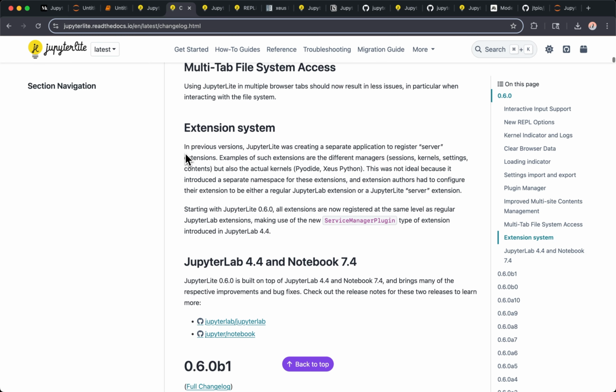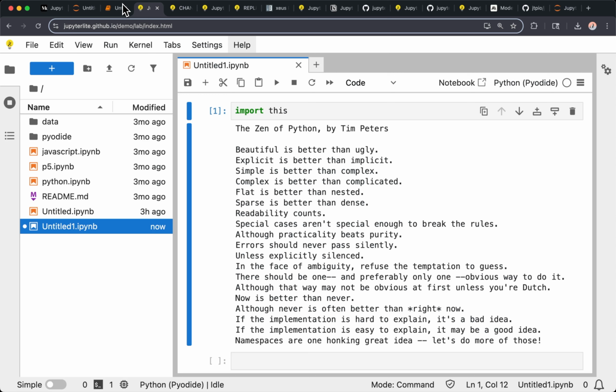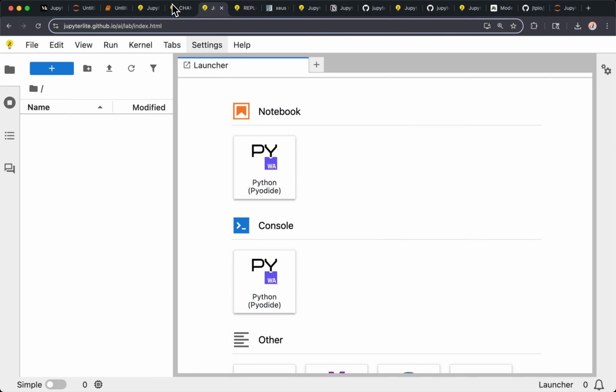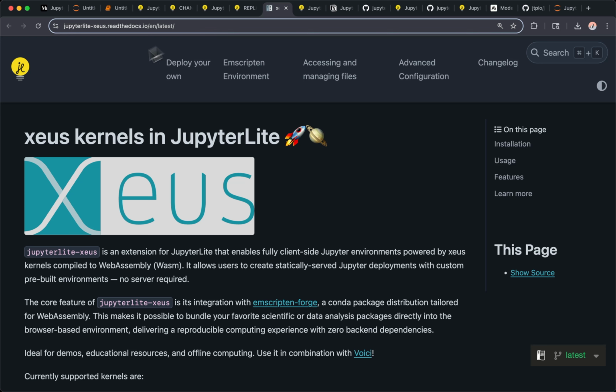And finally, multi-tab file system access. There were some issues with performing file operations when you were working in multiple tabs. So this was also a bit improved, and there should be fewer bugs. Okay, so that's for JupyterLite 0.6, to be released very soon. Again, if you have any questions, don't hesitate. Otherwise, I will move on to...